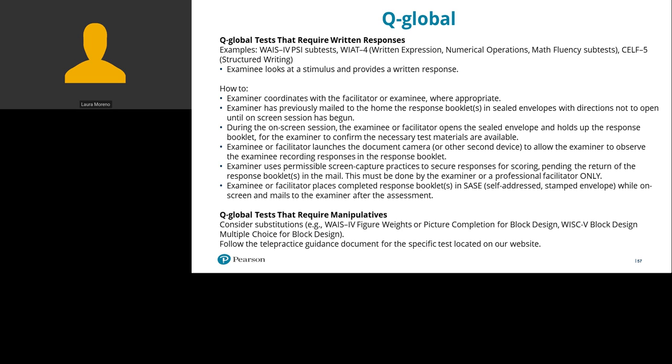All right, let's talk about tests that require written responses. For example, subtests within the WAIS-4, WIAT-4, and others, where the examinee views the stimulus and provides a written response. The examiner would first coordinate with the facilitator or examinee as appropriate, and for these assessments, the examiner would have previously mailed to the home the response booklets in sealed envelopes with directions not to open until the